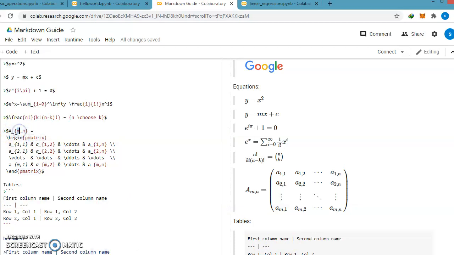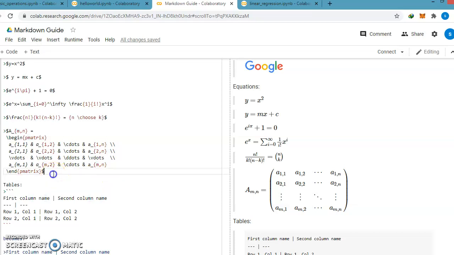Okay, we see this, quite interesting. The underscore sign is used for subscript, and the value that we pass is the subscript. Begin p matrix. Okay, then a underscore 11, a underscore 12, and likewise, with slash c dots, column dots, vertical dots, and diagonal dots, and this equation gets created.